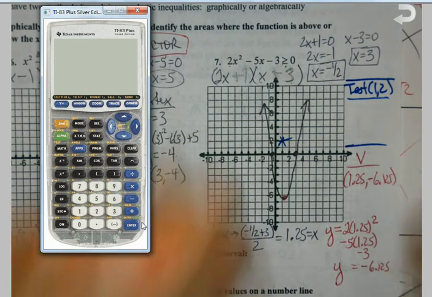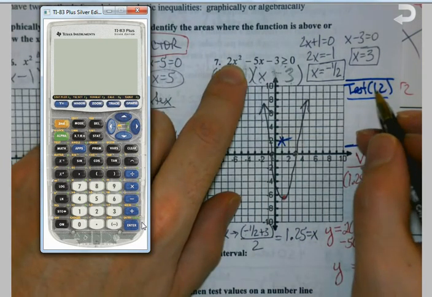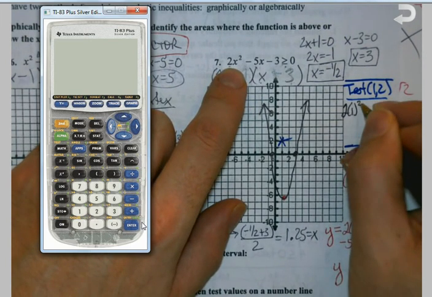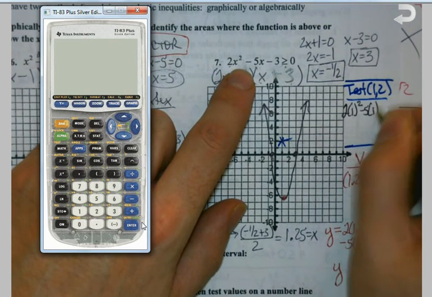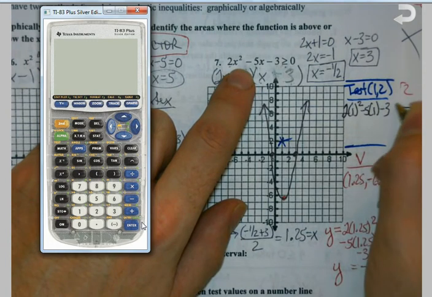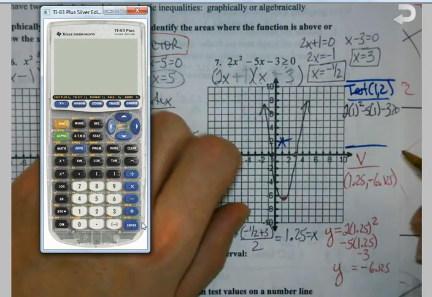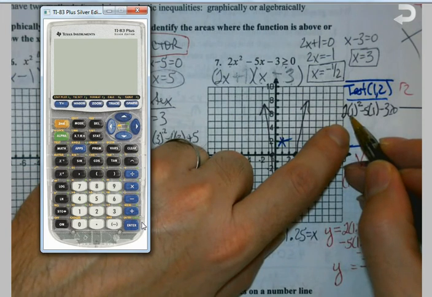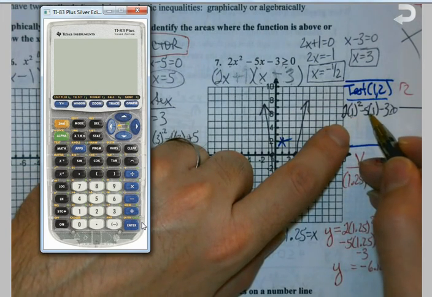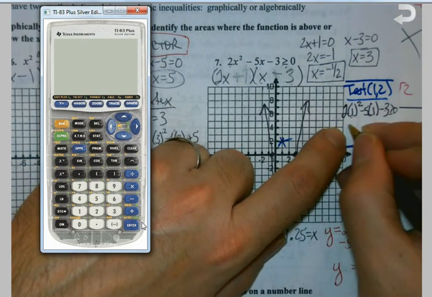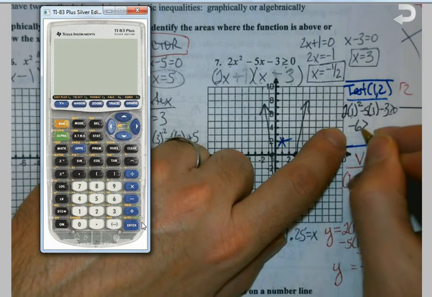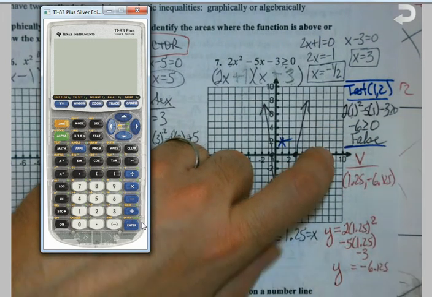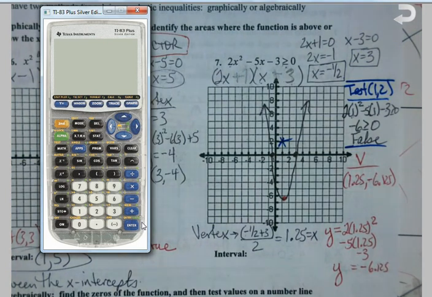So here, 2 times 1 squared minus 5 times 1 minus 3. And that's got to be greater than or equal to 0. Let's see if it is. 1 squared would be 1, so this would be 2. So 2 minus 5 is negative 3. Minus 3 is negative 6, is greater than or equal to 0. I don't think so. So false